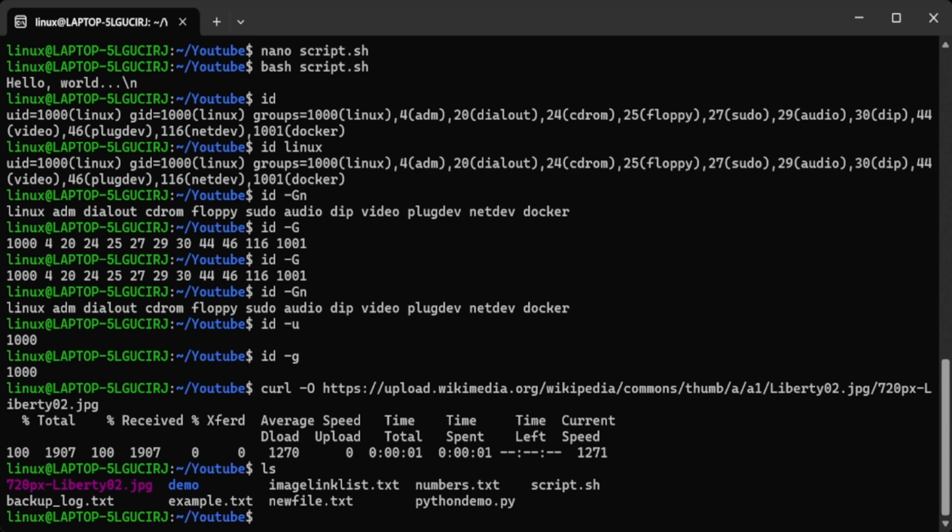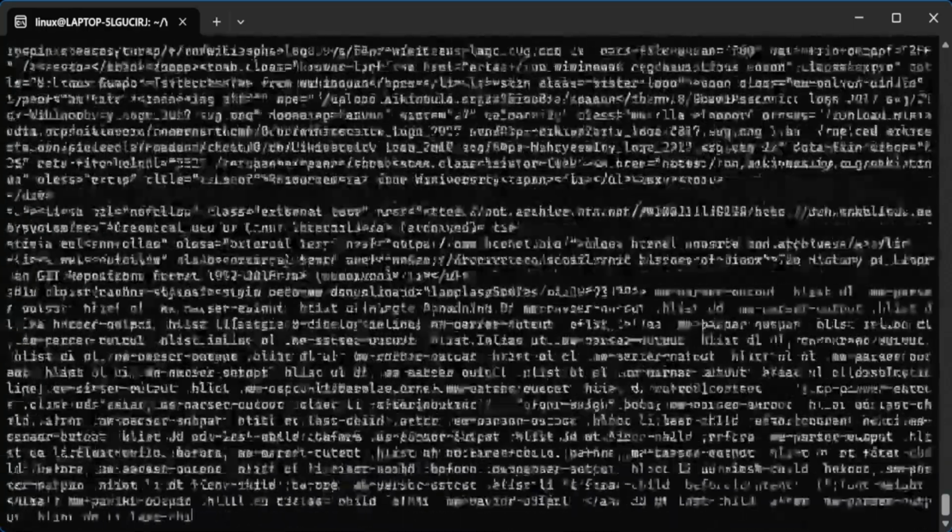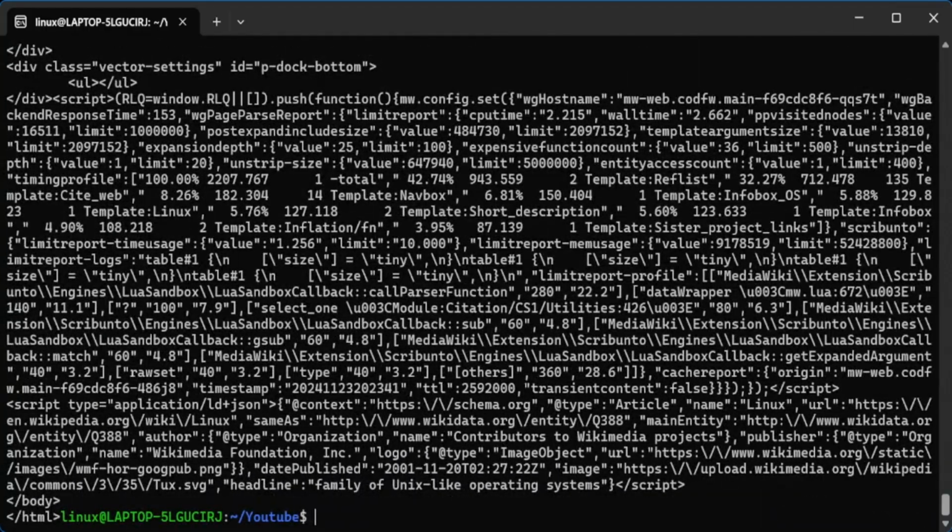This is pretty useful as you can basically get all the data. Interestingly, you can also fetch similar data from a website. For example, it's a kind of web scraping, but not really. So if you type curl, let's say I'm interested in learning about Linux, I would like to scrape that data. Let's say again Wikipedia. When you hit enter, as you can see, that entire page has been scraped,